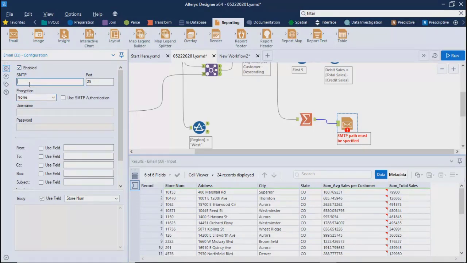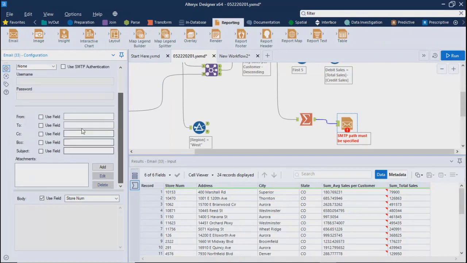You can put smtp.gmail.com, their port number, use your Gmail username and password, and from that you can send emails. Like over here, your email will be required, then to whom you are sending, and the attachments which you want to send, maybe the files or the reports or anything.